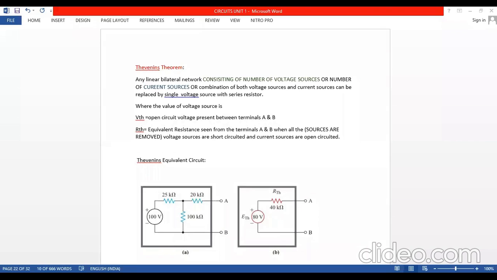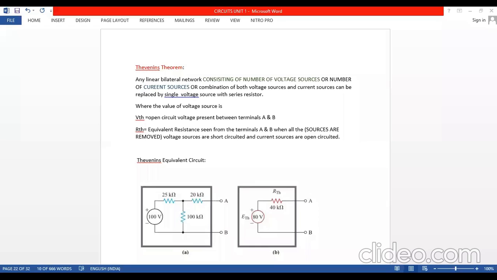Now come to this one. All of you, come on. So how to solve using Thevenin's theorem? First step is what? All the students. Step 1, remove the load resistor. Removing the load resistor means it becomes open, and open means voltage is present. That voltage is called open circuit voltage. Step 2 is to calculate the open circuit voltage, or calculating the voltage between A and B, which is also called Thevenin's voltage. We represent it like this, VOC.